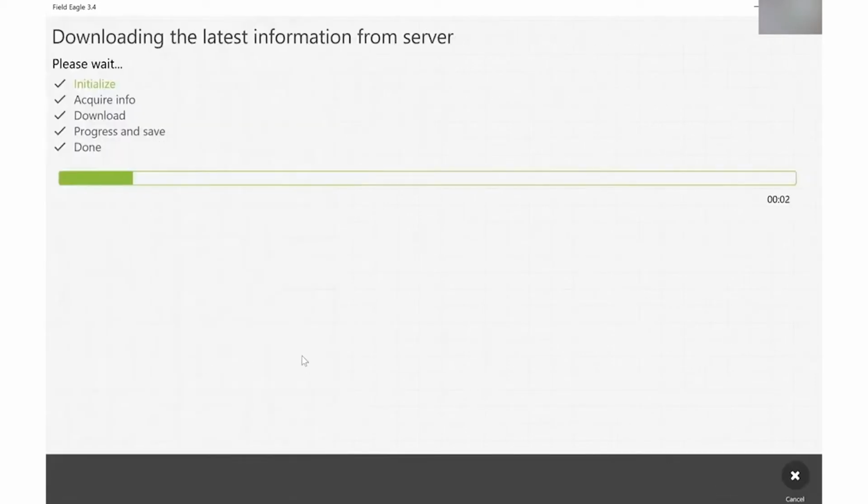The system starts working and using the internet to download the inspections that have been assigned to you. Once this process is completed, you no longer need internet connection while using Field Eagle. Field Eagle only has 2 points where you actually need to use internet connection, and that is when you are downloading, syncing the inspections to the tablet, and when you have gone through, performed the inspections, signed and submitted them,